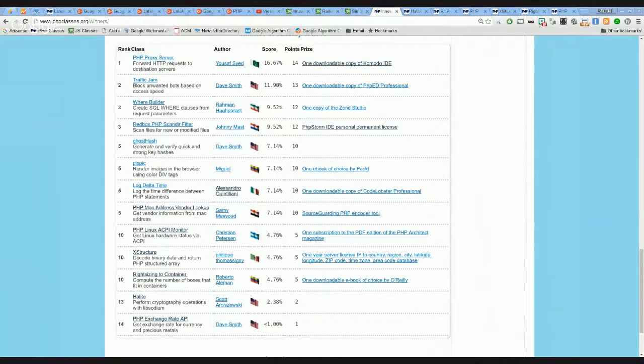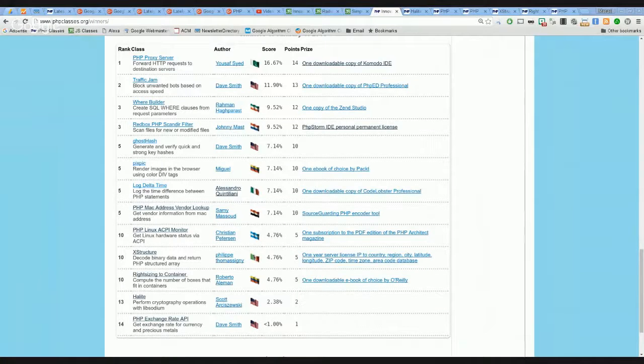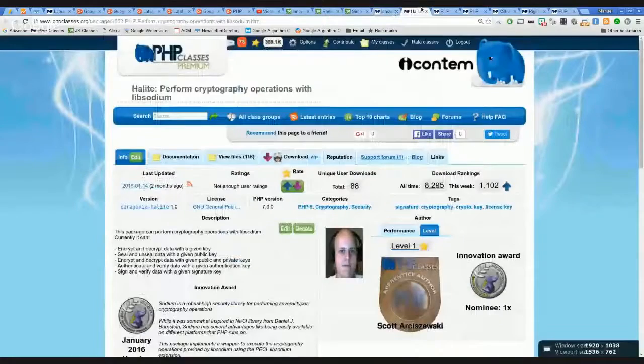That's a very interesting package. Many people voted on it and appreciate it because it's really useful. Yeah. Well, I don't know. It maybe can serve as a workaround for some blocks that exist in some countries, so they could use it as a proxy and work around those blocks if you put it running on some server in a different country. So, true. I'm going to move on with a few packages that I want to comment on.